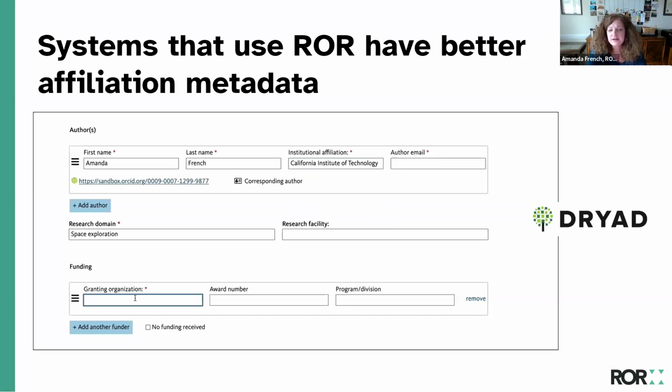And so it's important to note here that ROR is infrastructure for infrastructure, meaning that ROR is meant to be used behind the scenes in scholarly systems. Most of the time, individual researchers should really never need to know about ROR, and in that respect, ROR is quite different from both the ORCID ID and the DOI.